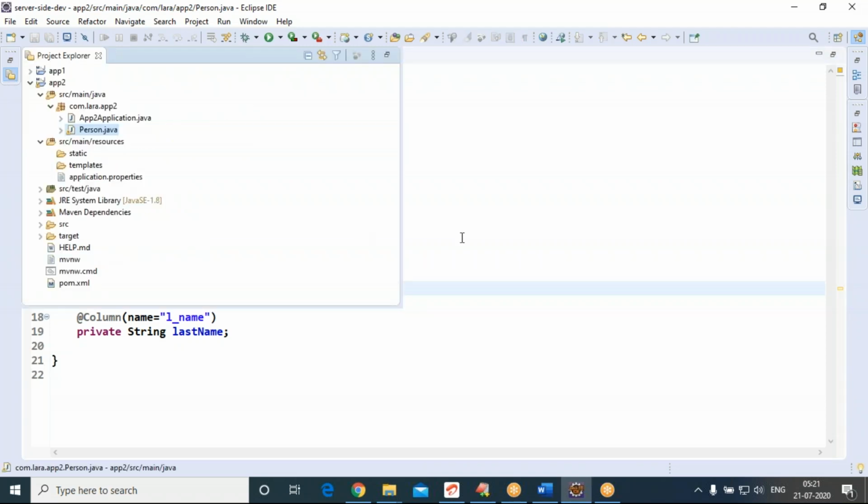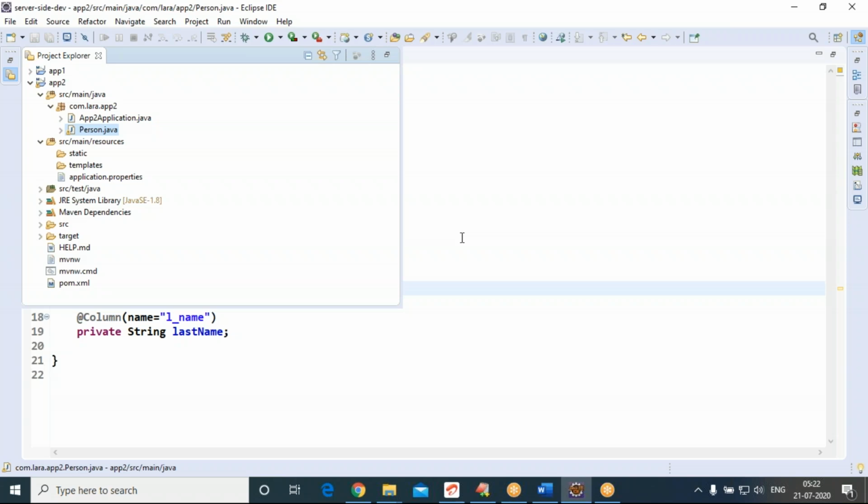Now let us insert one record into the person table. What is the procedure to be followed? In order to manipulate data inside a table, you require a repository. Through a repository, we can manipulate data inside a table.